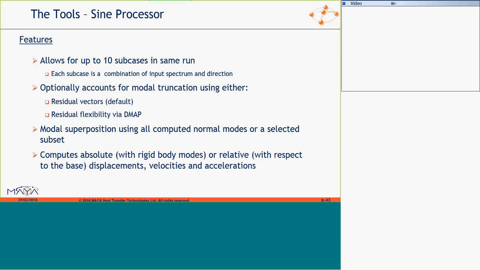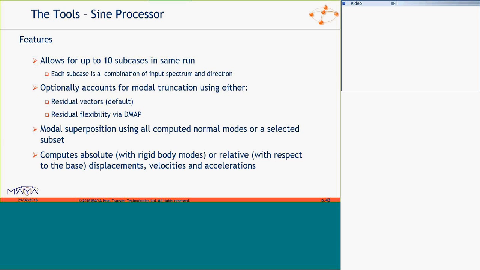You need a license for DMAP. However, we have a workaround such that you can use the capability without needing a license. So I'm going to discuss that briefly.